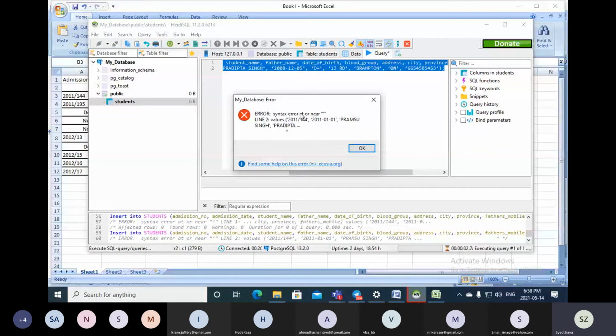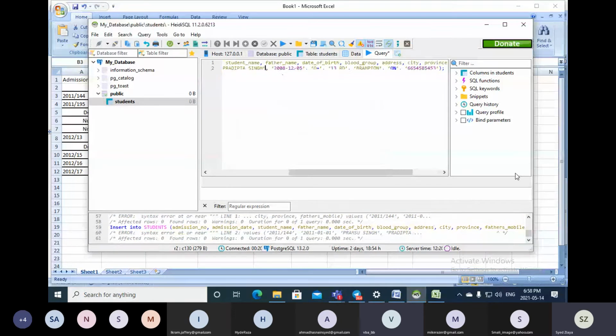Syntax error at or near this thing, line 2 values, this Pradipta. Here it tells me. So where do you define the type of the values? Oh, you know, when you create the table, then you define that. Let me check, because I think Word has changed my